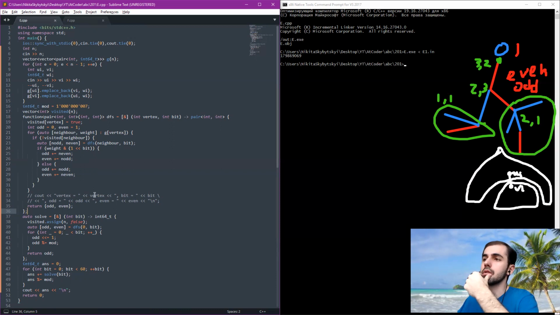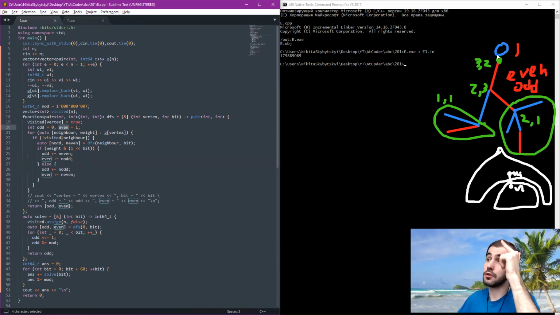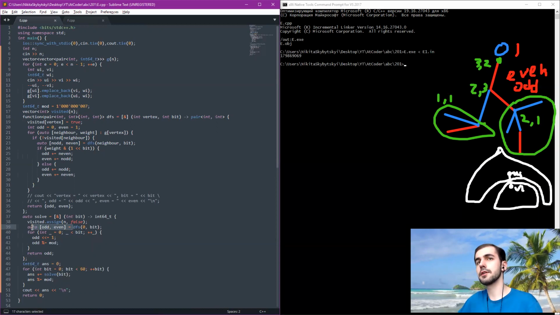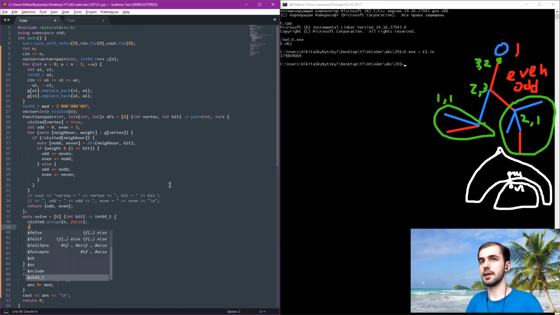And still it doesn't work like this. Maybe, oh, because I'm still counting paths from root only, right? Whereas what I really should do is don't do this, but rather say like, hey,